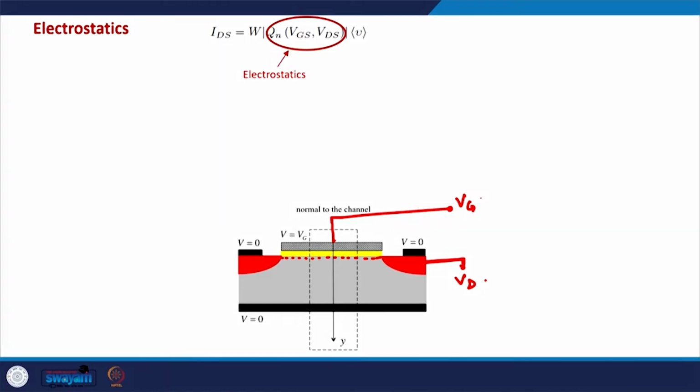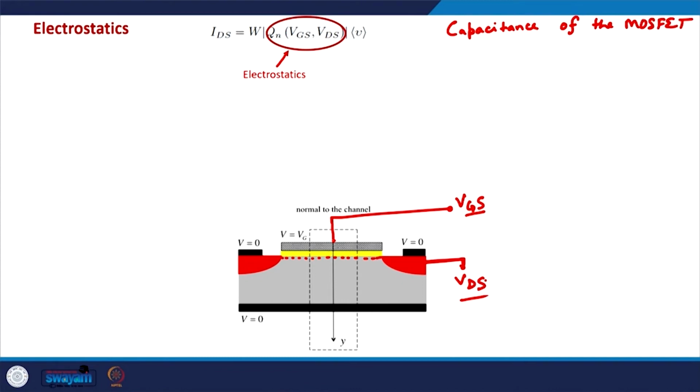So as a function of these two applied voltages, or more generally they are written as VGS and VDS, we will try to see what is the charge in the device as a function of these voltages. And electrostatics is not only confined to just studying the charge, there are many more concepts that also come into picture, and one is the capacitance of the device. So capacitance of the MOSFET,